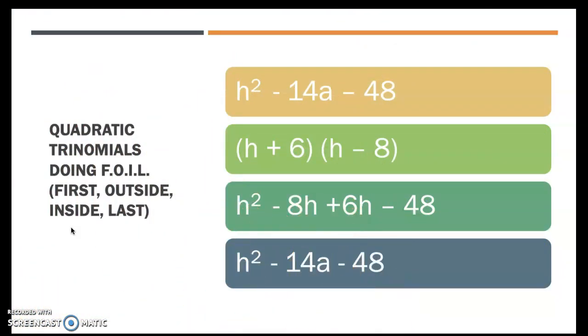Now we're going to be doing quadratic trinomials, doing first, outside, inside, and last. h to the second power minus 14h minus 48. So we have 6 and 8, which multiply to 48, then 6 plus 8, which is equal to 14. And you want it to be a negative on both sides. So you do the quantity h plus 6, then you do the quantity h minus 8, and then you do